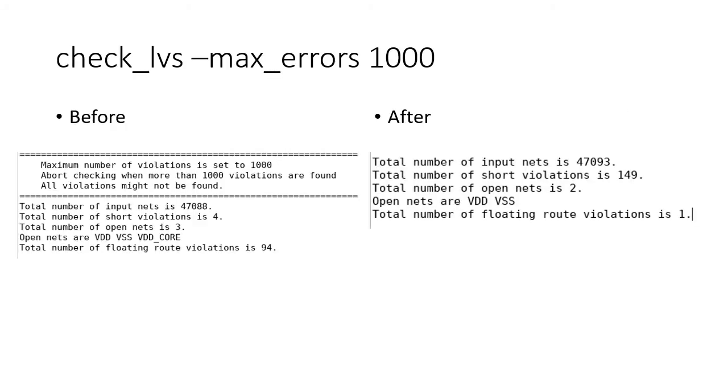For the LVS max errors, which was set to 1000, I saw there are open VDD, VSS, and VDD core. Also, there are a few short violations along with the floating route violations. So I could fix the open net for the VDD core by routing manually at the center of the core, which was a bit difficult task since my switchable domain is at the center. While fixing the open VDD core, I have added a lot of short violations, but I could fix them